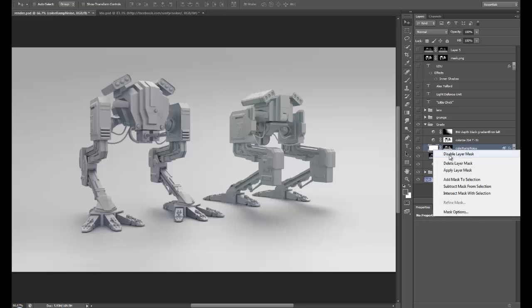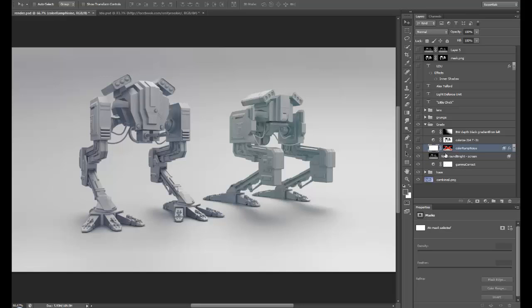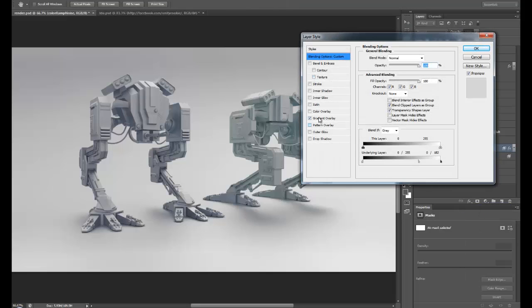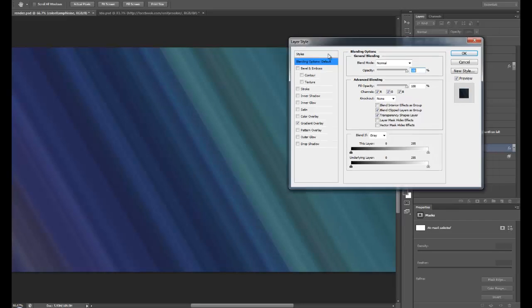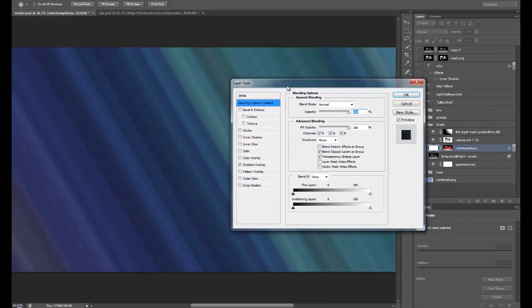If I just disable this layer mask so that we can see the whole effect, and go into blending options, all I have is a gradient overlay. I've also got this effect set here. Let me turn that back. Alright, so if we turn this right back to just the gradient,